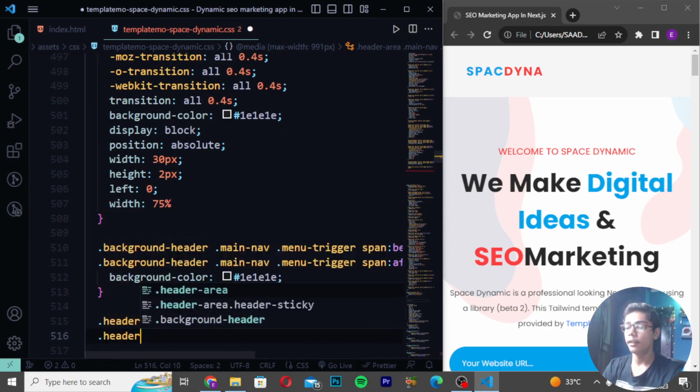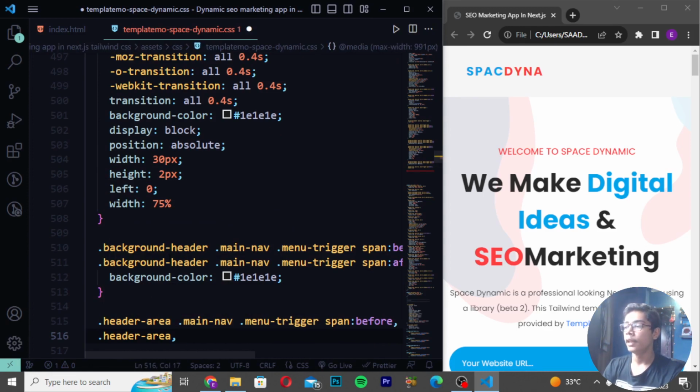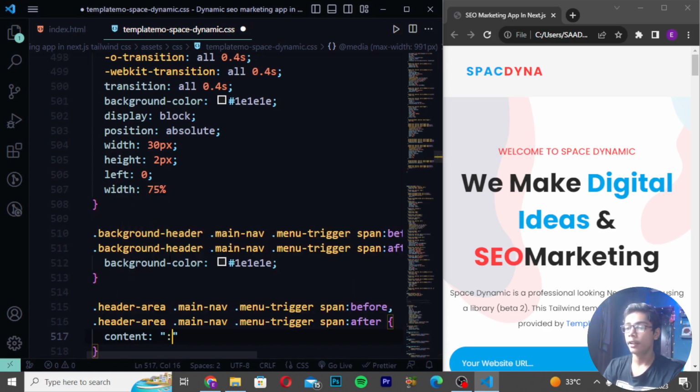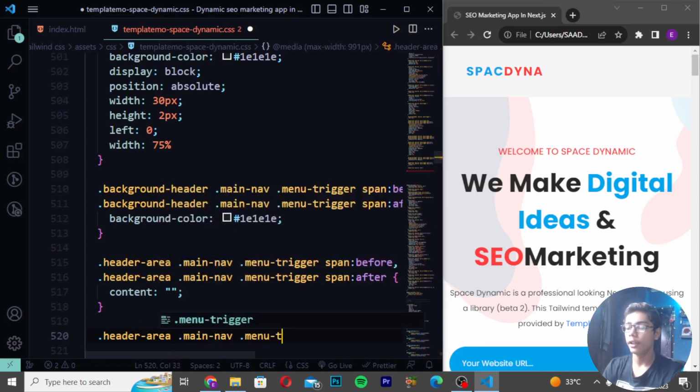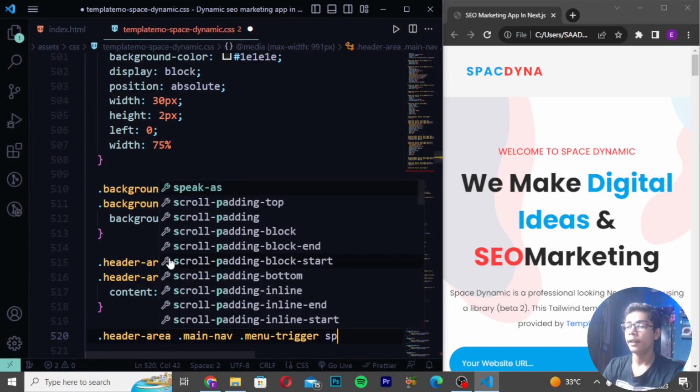now write here header area. Then you have to write your main nav and create here dot menu trigger, which is the class, and then write after, and here I will write content empty. Nothing will be in the content tab. Now when you have written this, you have to move down and write header area dot main nav, write here menu trigger. So I will now write here menu trigger span, and I will write the